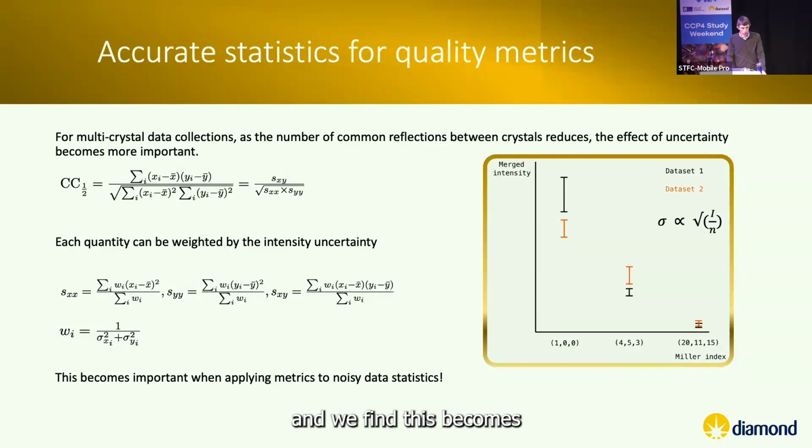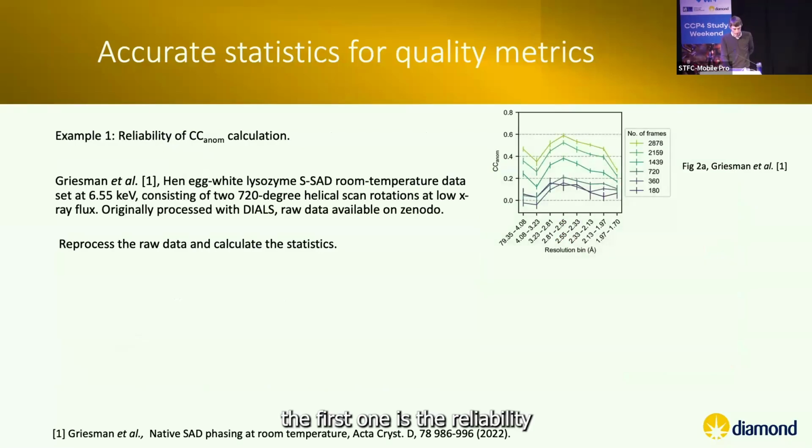And we find this becomes important when applying the metrics to noisy statistics, and I'll give you a few examples now. The first one is the reliability of the CC anon calculation. This plot is from a recent paper by Griezmann, some sulfur-SAD anomalous data on lysozyme. They originally processed it with DIALS and made the raw data available, which is very handy, so I could